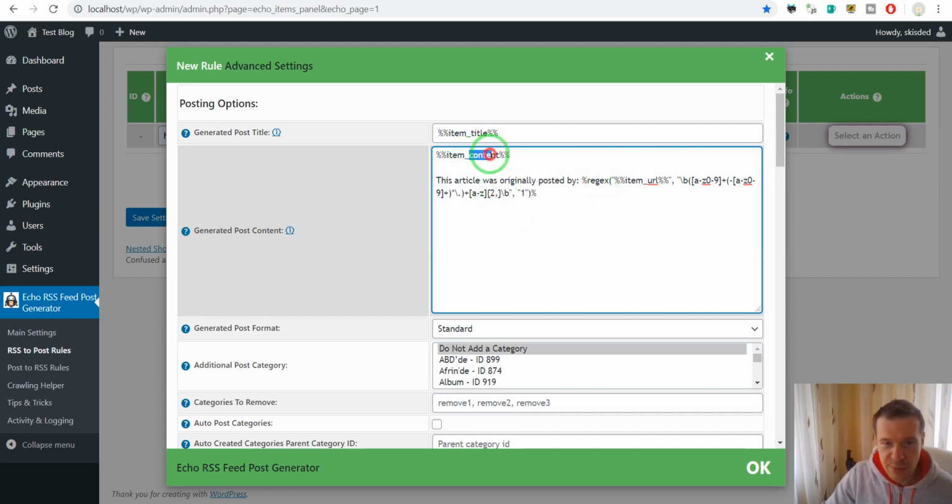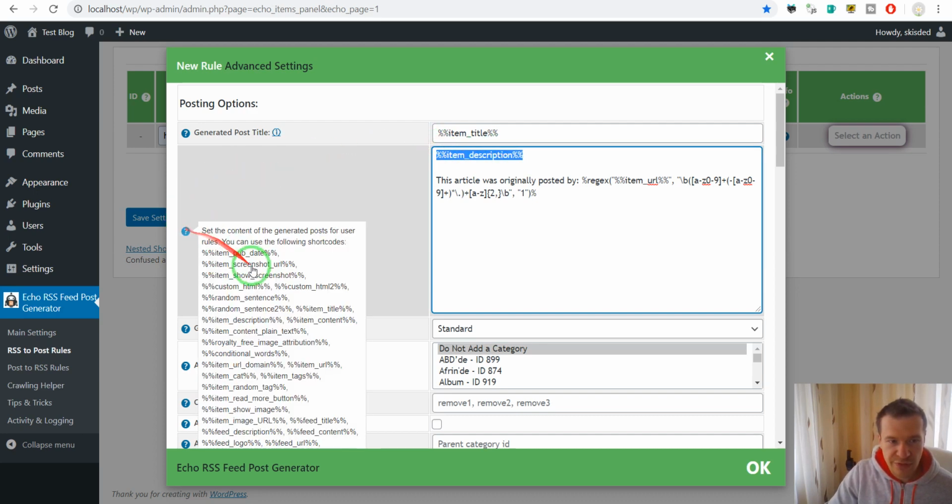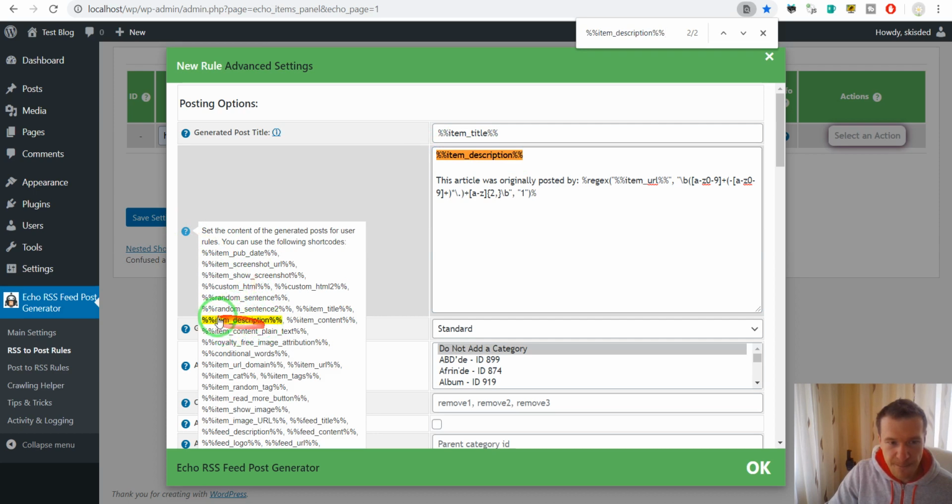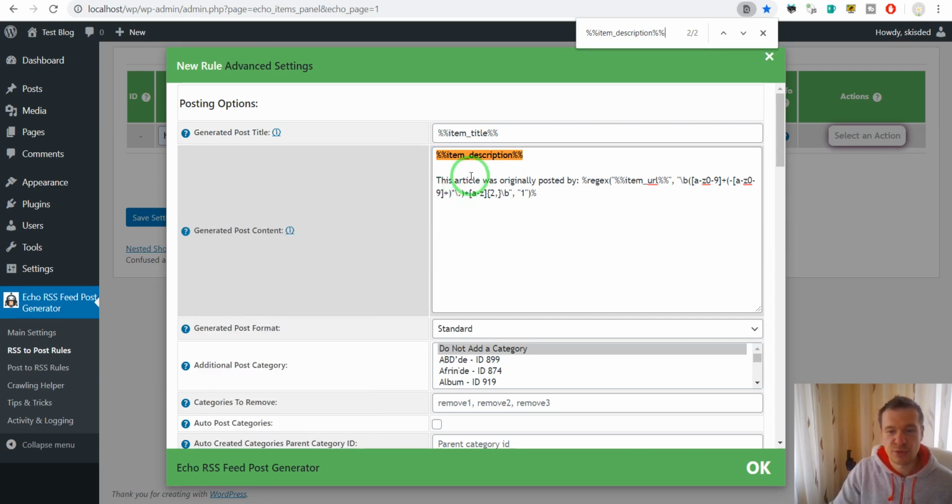And here we can add only the item description shortcode, which is listed here. The item description shortcode will add only the excerpt of the post. So how this will be shown is the post excerpt, and this article was originally posted by, and the regex will parse the